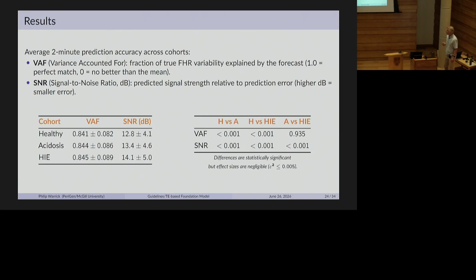The important thing is that when we applied this to the non-healthy cases, we didn't see any clear difference in the prediction fidelity. In fact, it got better for the acidosis and the HIE cases in terms of SNR. And that was kind of reassuring, that the fact that we had focused our pre-training on healthies and taken advantage, I mean, it's only 20,000 of 200,000. We could maybe scale up even more, but as it is, training takes 4 days or so, so you don't want to do that too many times.